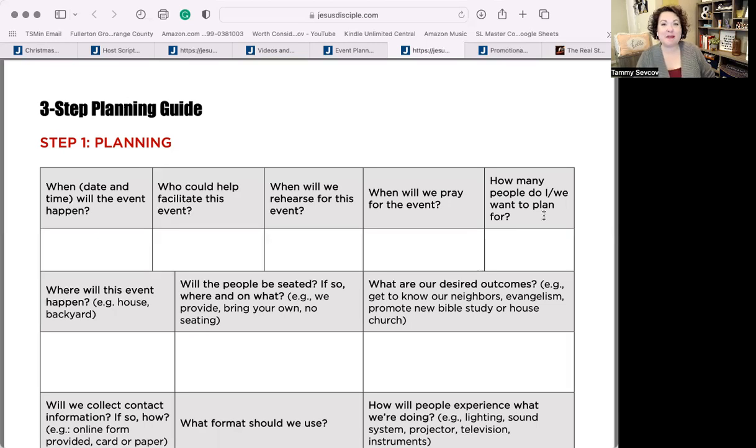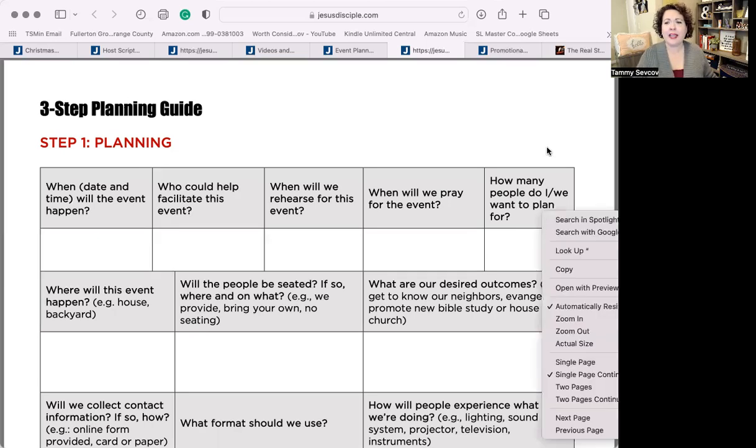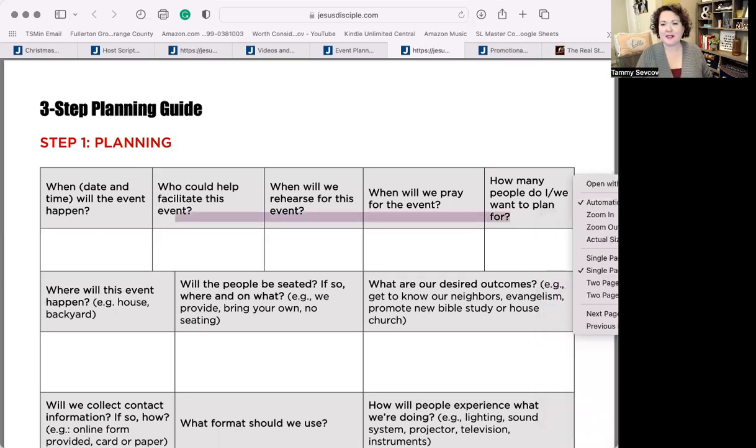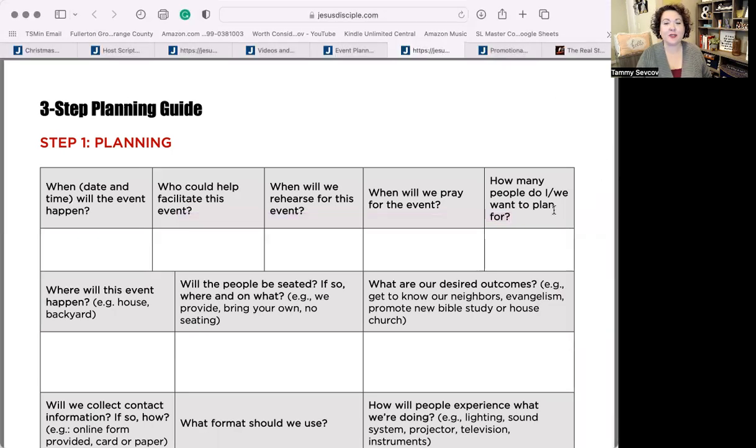How many people you're going to plan for. This is important because some people might be thinking, yeah, maybe like 3 or 4 people are going to come, and someone else on the team is thinking like 30 or 40 people, and one of them does a good job of getting the snacks for 40 people, and another one does a good job of getting chairs for 3 or 4 people. Might cause a problem. So just getting it clear. I would even recommend pray, ask the Lord, and set your faith on something and say, no, I think we're going to have about this, and go after it in the spirit.